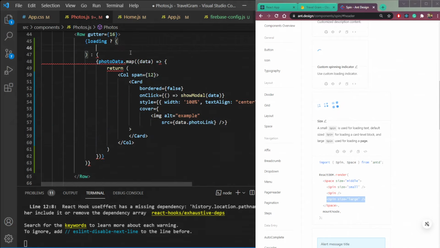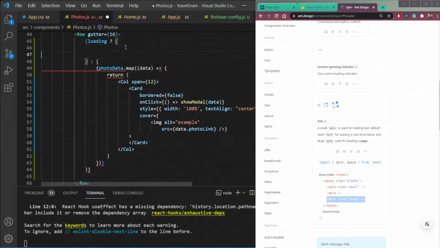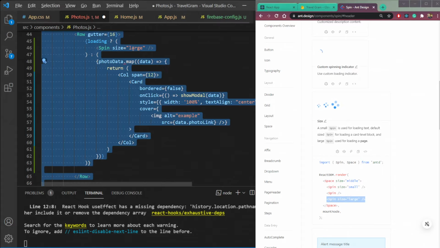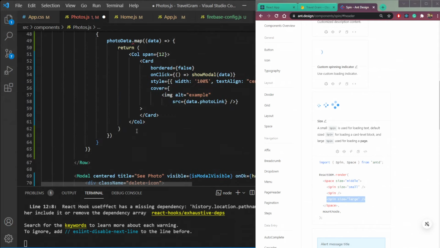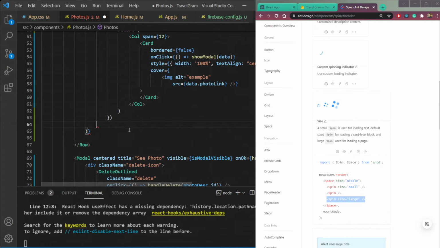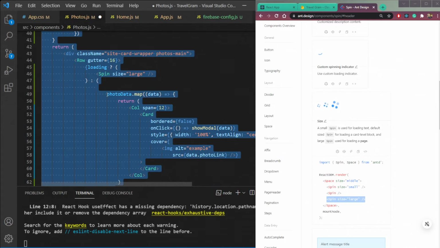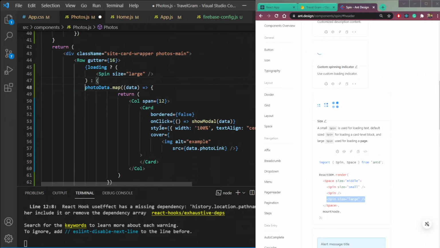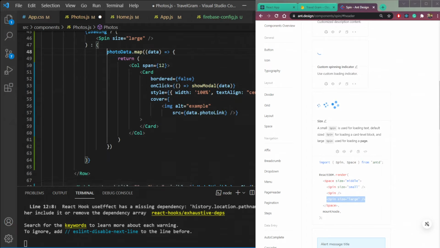Next thing to add loader. So let's add loader here. So I think we don't need these curly brackets here. Without it, it will be fine. And here we will just add the spin large.